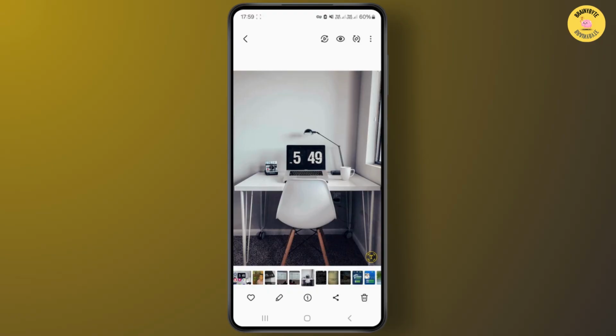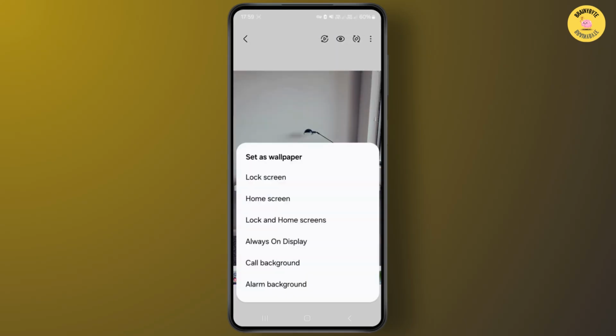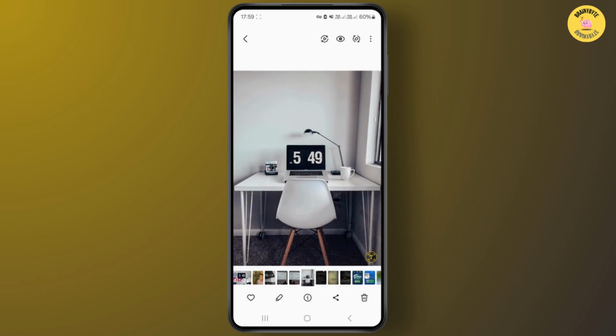So in that case, what I will do is just click on this hamburger or three dot icon over here at the top right corner and just click on set as wallpaper, and it will show me different options like lock screen wallpaper, home screen wallpaper, and so on. So I'll just click on this lock screen wallpaper,